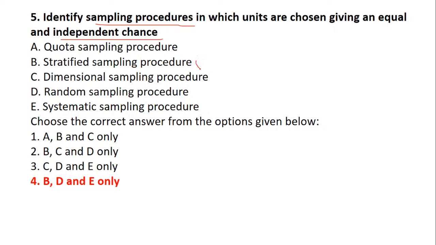So we have stratified sampling, random sampling, and systematic sampling. Here they have just confused with the statement of equal and independent chance. Equal and independent is nothing but the probability of getting selected. Whether it is stratified sampling, random sampling, or systematic sampling, you have a probability of getting the sample selected. That is the best way to understand this question. Thank you, Yasir, for such great appreciation.